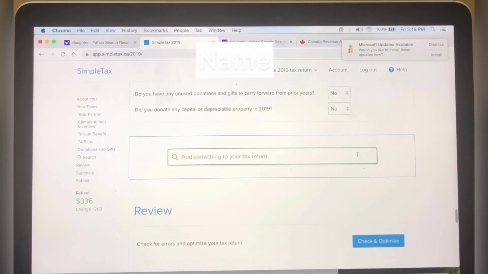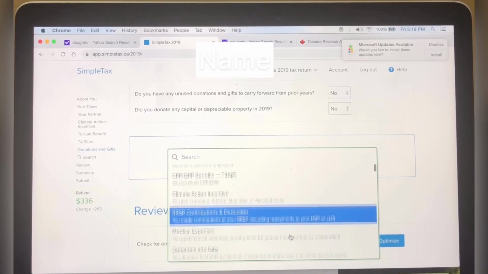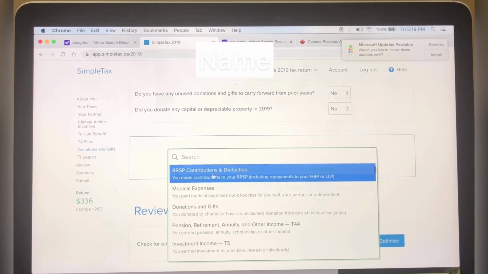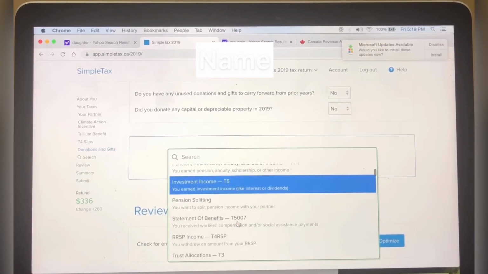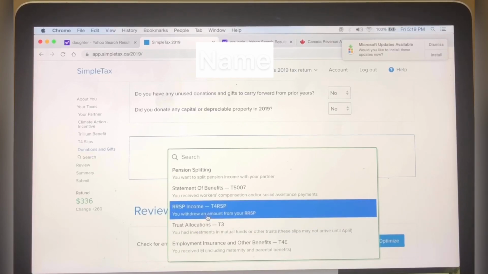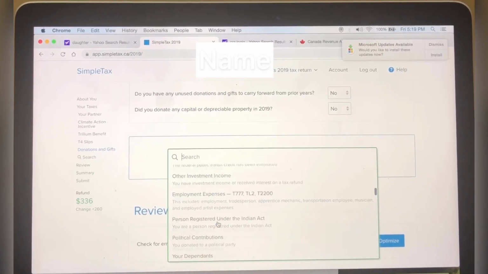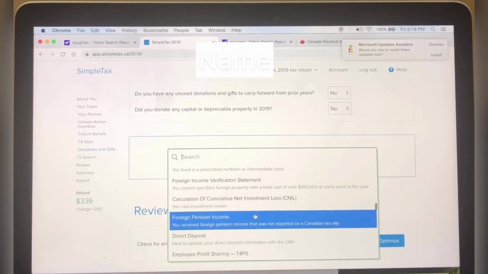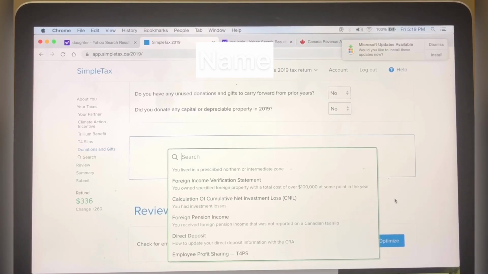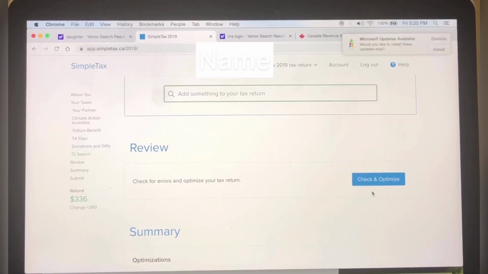If you have anything else, you can click and choose. For example, if you are looking for medical expenses over here, and also investment income, RRSP or rental income, you can click and continue. I think that's about it.